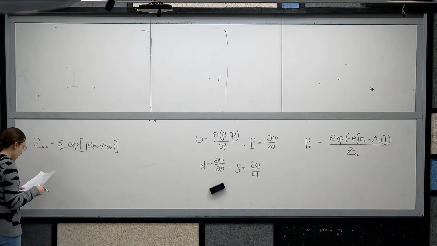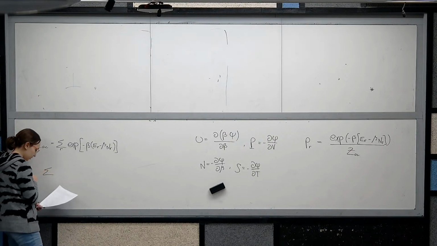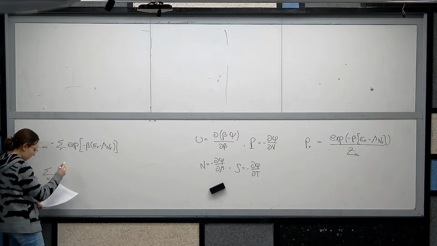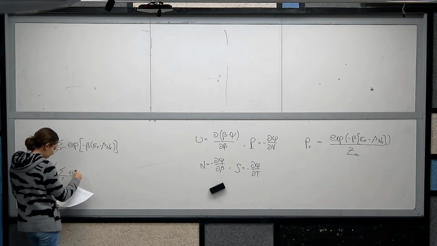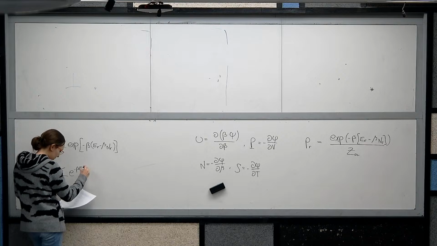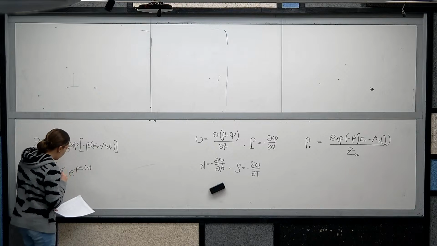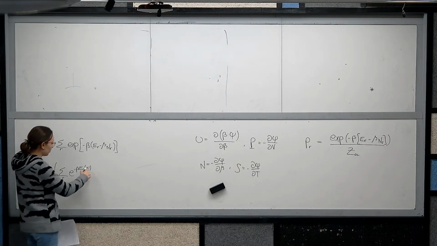Let's write it as a summation over R of the exponent of -βE_R, which depends on the number of particles. The energy of the state depends on the number of particles,